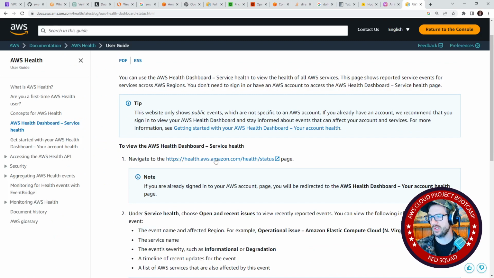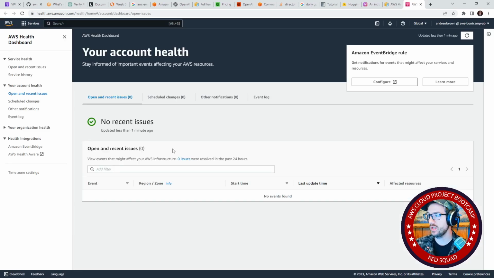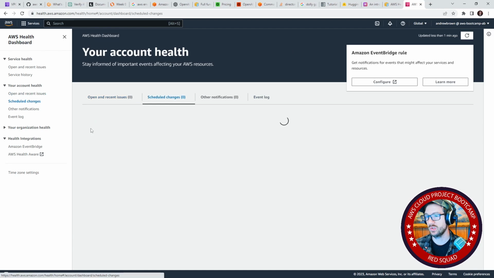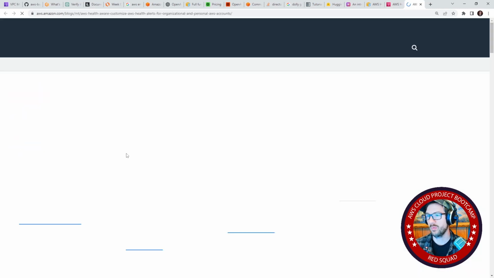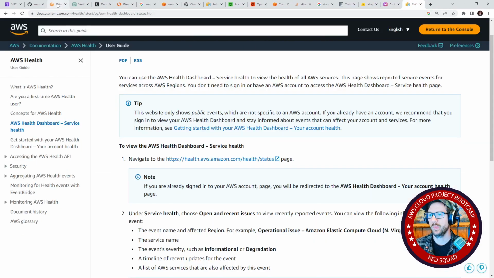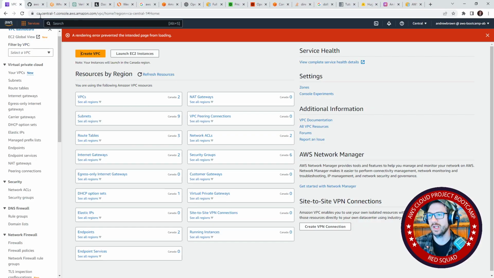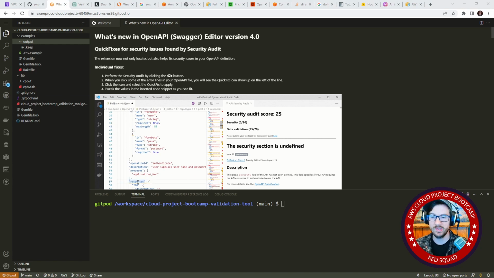Because there's two different pages. I have it in my course. This is the internal one. I'm looking for the external facing page. I don't know why it's not showing this here, but there definitely are issues. Scheduled changes. Anything. Maybe health aware. Is this the new one? No, that's not it. This is a pain in the butt. But anyway, I can't seem to see that stuff. That doesn't necessarily mean that the APIs don't work. It just means the console doesn't work. But anyway, I assume that we could probably apply tags retroactively, but